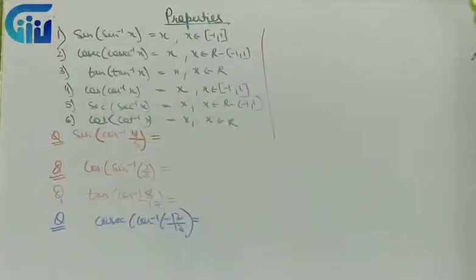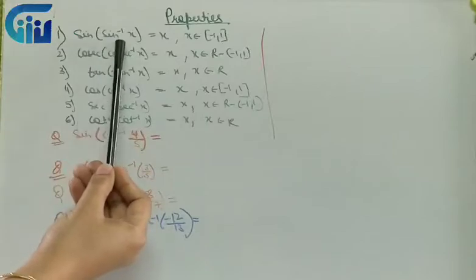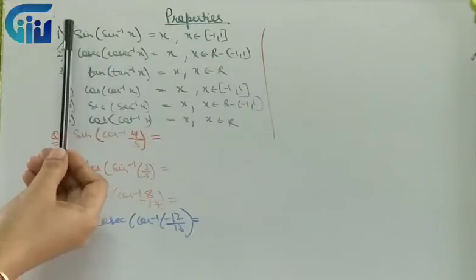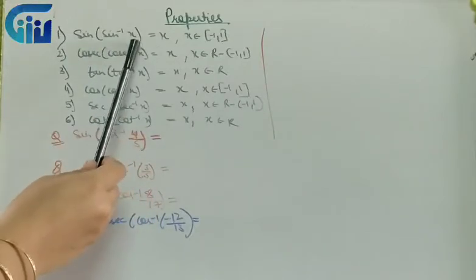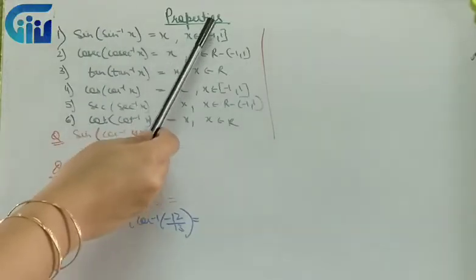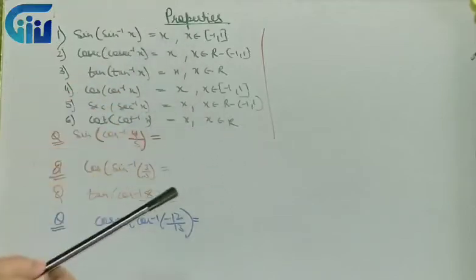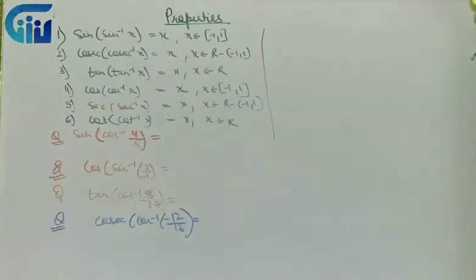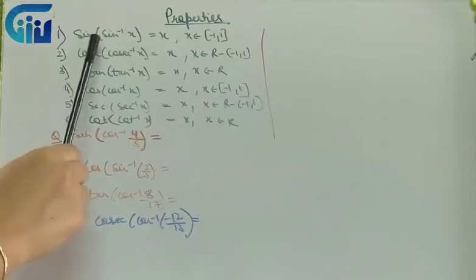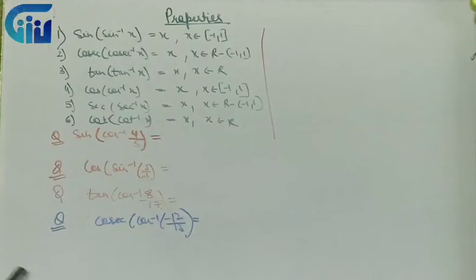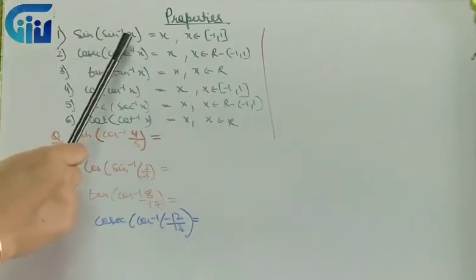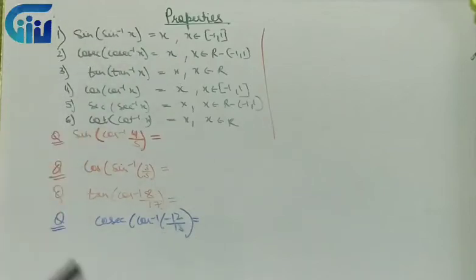Today in this video we will focus on the next property of inverse trigonometry, which is sine of sine inverse. Now instead of sine inverse before, we have sine before. So sine inverse will have a value, then it will give me value. That is why the corresponding values of the domain of inverse functions are given over here, right? So if it is sine inverse x, I'll get x. Anyhow, if it is sine inverse before or sine before, both the things will get cancelled and we'll get the corresponding value. If sine is inside, I'll get the angle. If inverse is inside, I'll get the value.